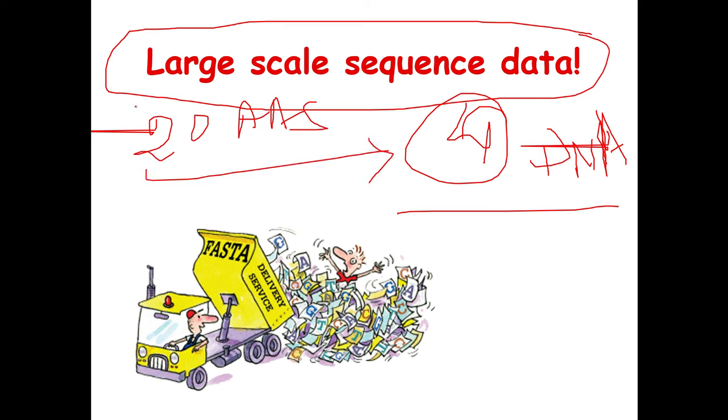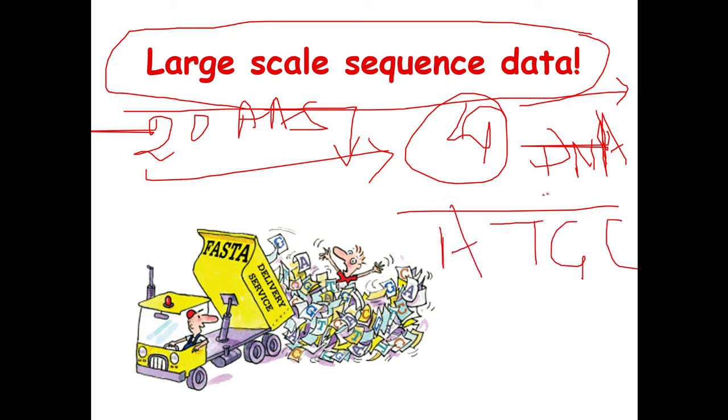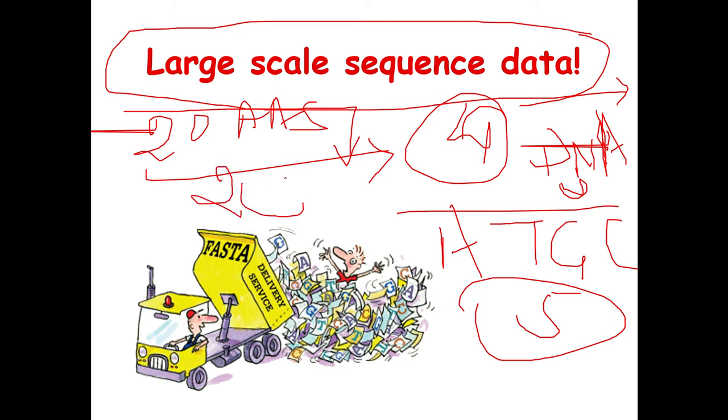Obviously protein sequencing is much more difficult in comparison to DNA, because in DNA sequencing you have only 4 bases: A, T, G, C. In RNA you get uracil instead, so also only 4 bases. But in protein, the permutations and combinations of 20 amino acids are far more than with 4. So studying protein sequence is difficult in comparison to DNA sequence.